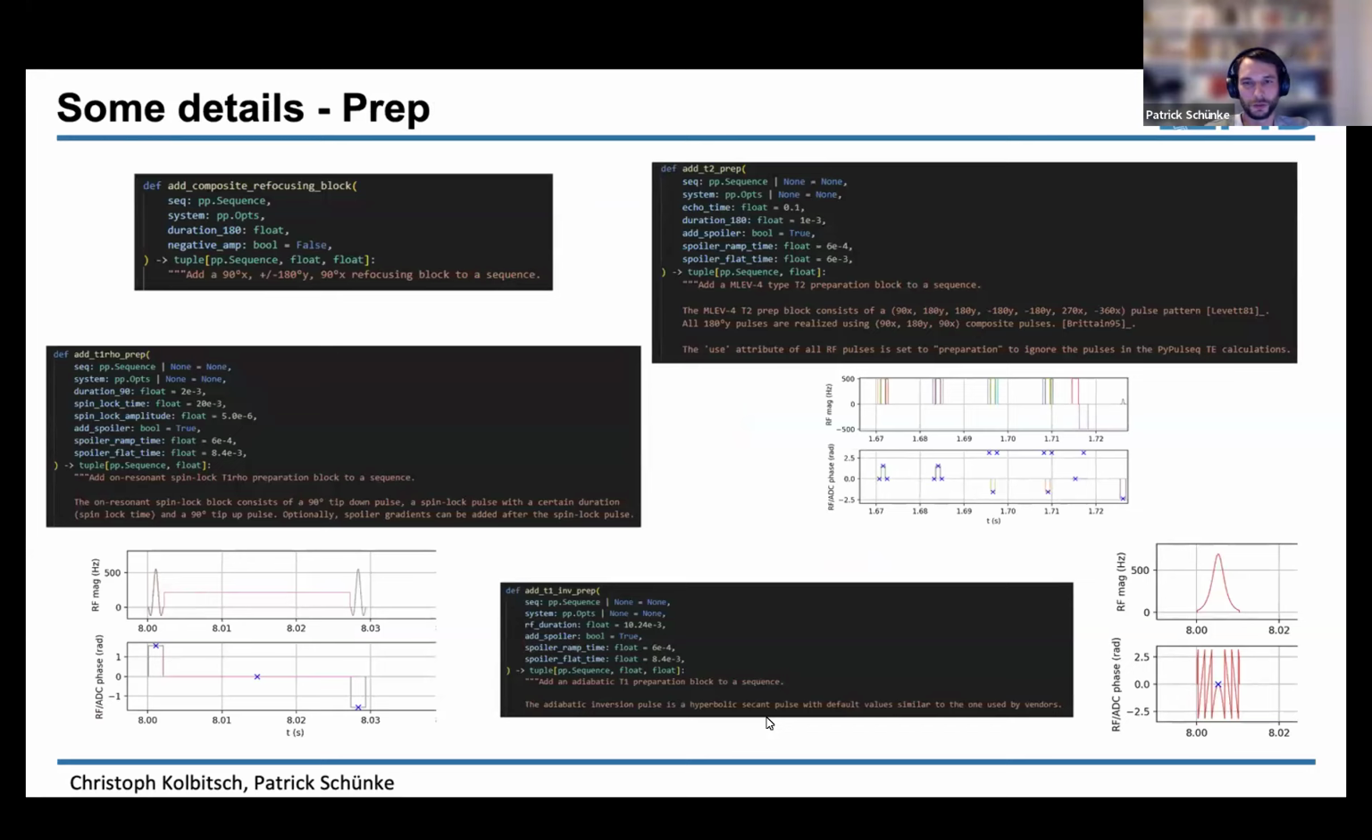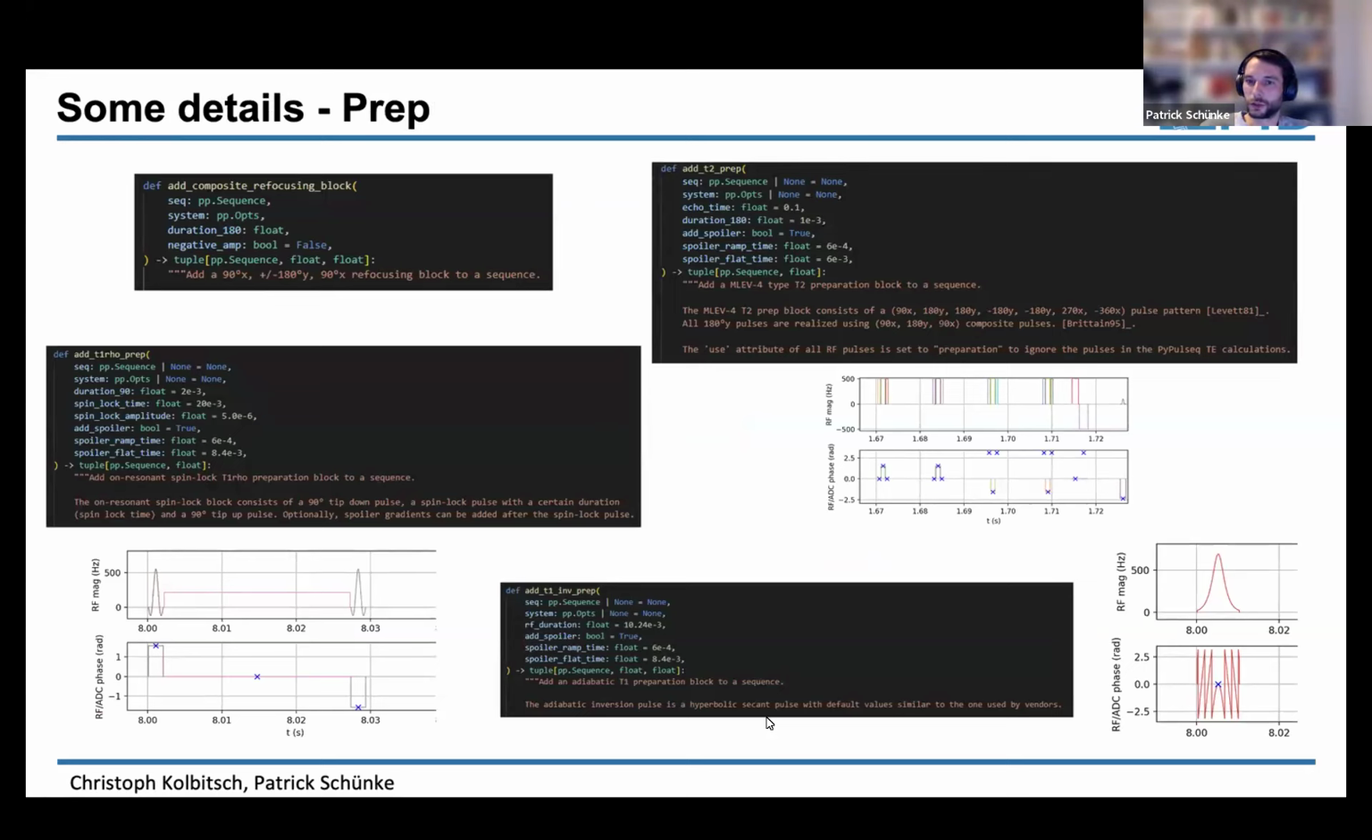Just a few details, you're not supposed to understand everything that is here. We plan to do it in a very modular way, so you have reusable parts that you can use in all the different sequences. One thing is, for example, different prep parts, starting with composite refocusing blocks consisting of 90, 180, 90 blocks, but also T2 prep, this MLEV4 style